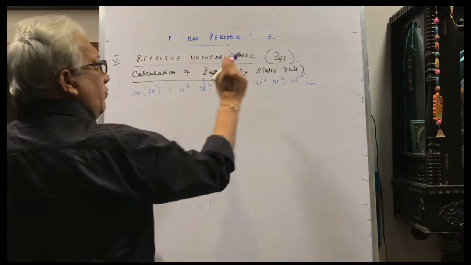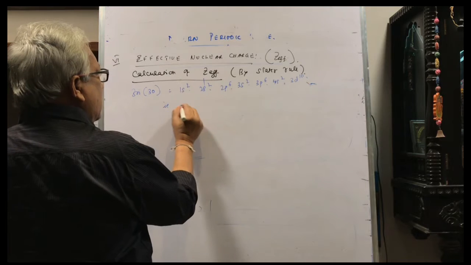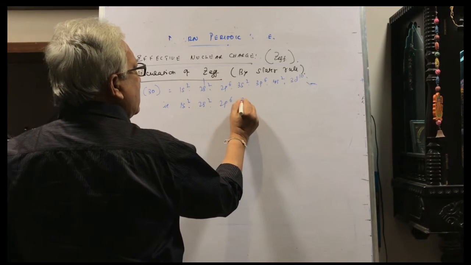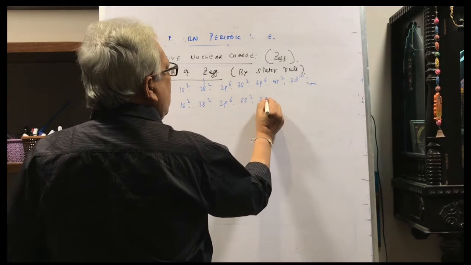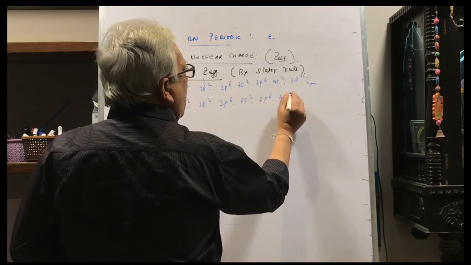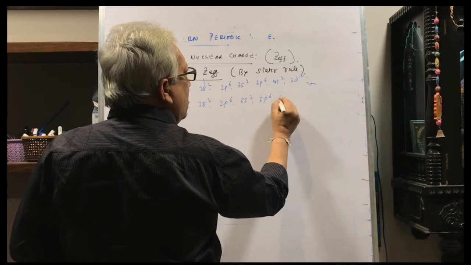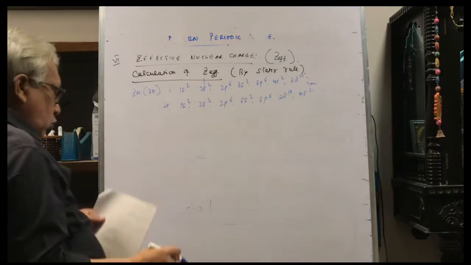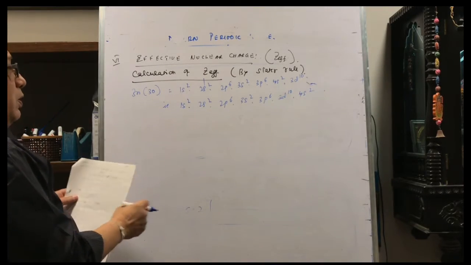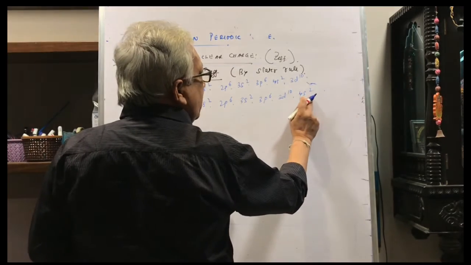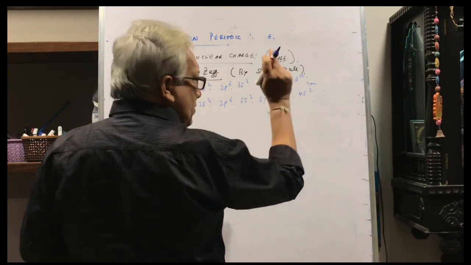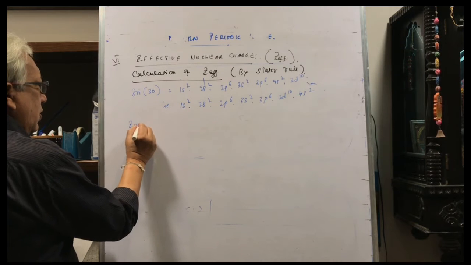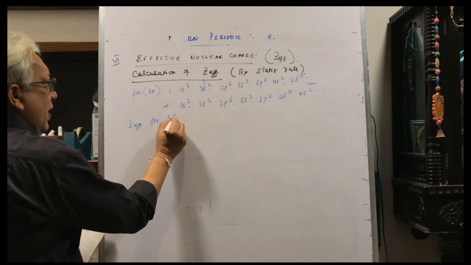But this 3d comes before, so therefore that is 1s2, 2s2, 2p6, 3s2, 3p6, 3d10 and then 4s2, 4s comes later. So suppose I am thinking of Z effective for the 4s, this one electron in the fourth shell. So Z effective for 4s electron,